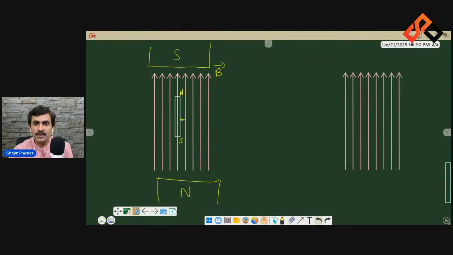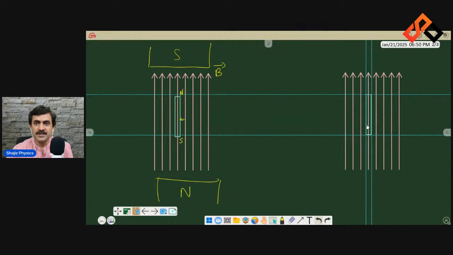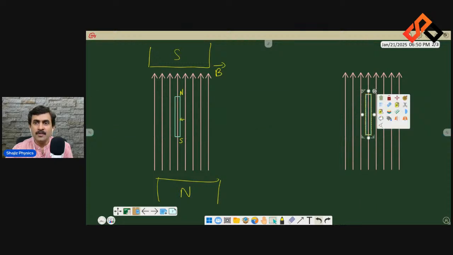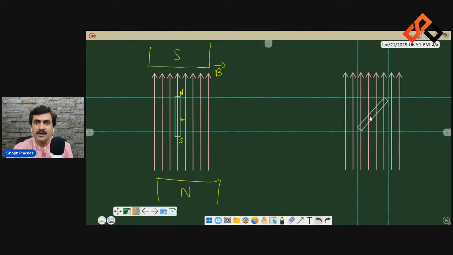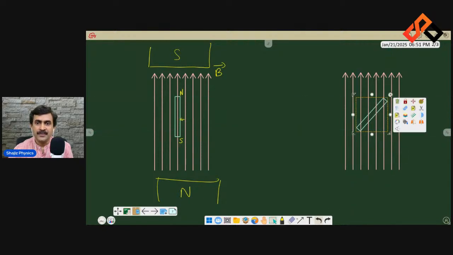Now I wanted to get this. Yes, this is the normal position of the dipole. Now I am trying to rotate it through 45 degrees. See what I did? I am rotating it here. So here the